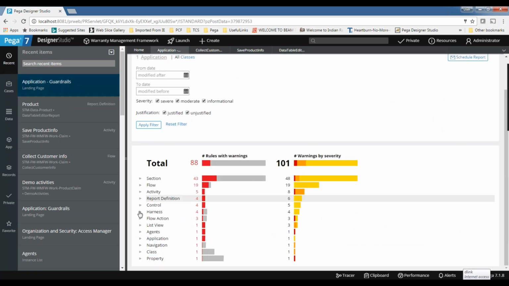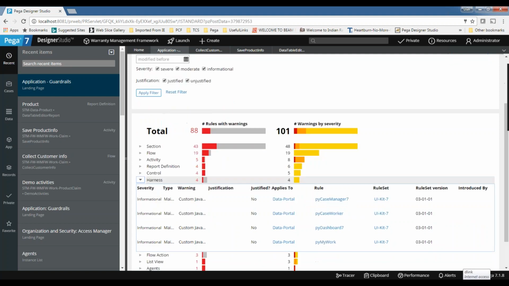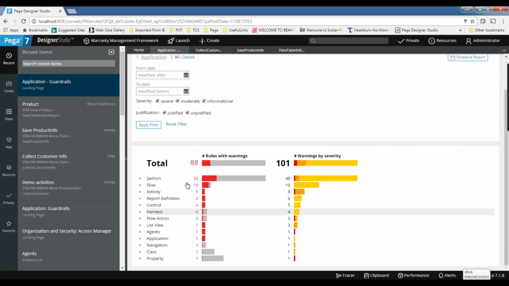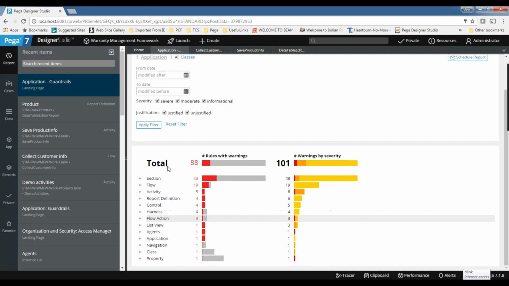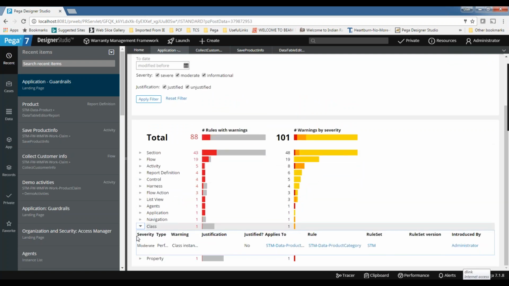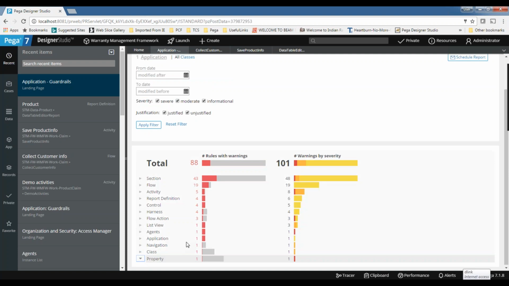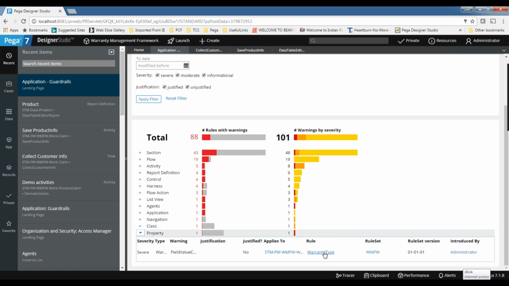And then coming to harness, I think there is nothing here in application, only UI kit. Flow action, everything is UI kit. Class, what is it saying? Class instance, save to PR other. Okay, we cannot do anything for that.